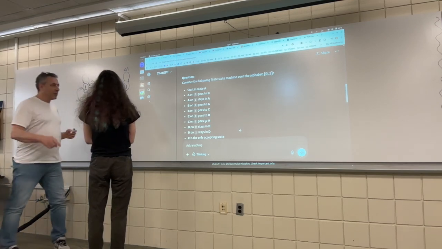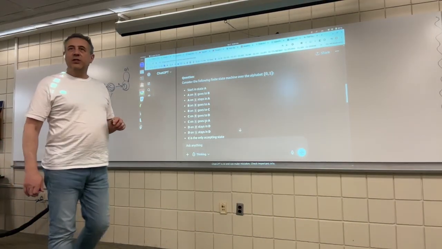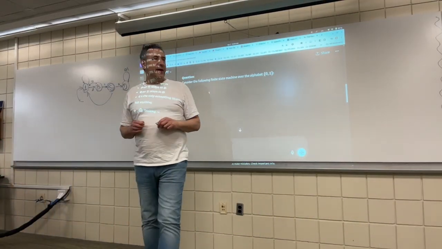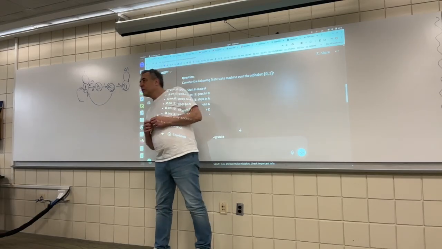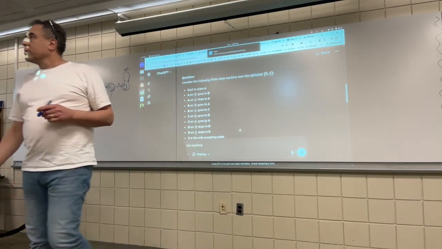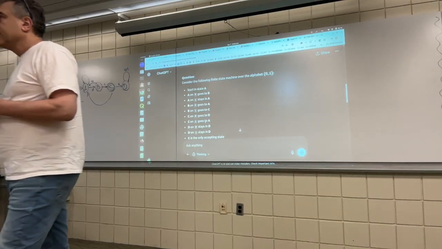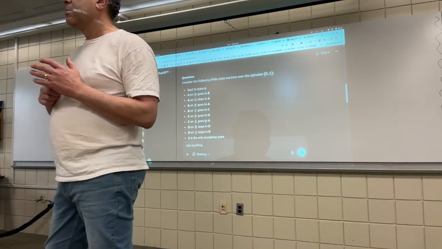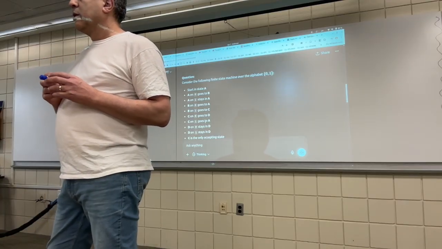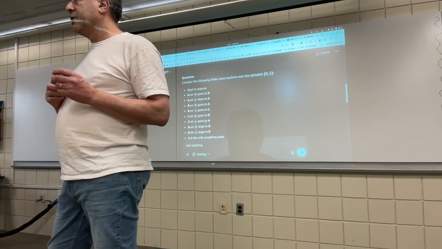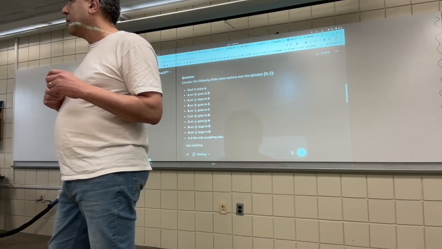Actually, let me go with someone else. Does anyone have a sense of what the language of this finite state machine is? You have one? Yeah, I figured out one. Can I hear it? I just take 0, 1, 0 sequentially, because then you can't get to the accepted state, because you just stay in a rejected state. Yeah, so 0, 1, 0 gets you in trouble.